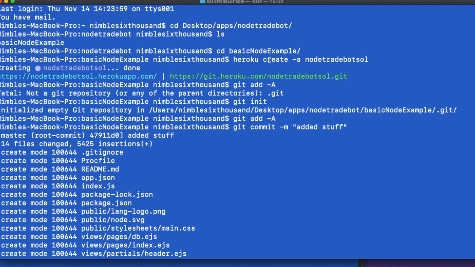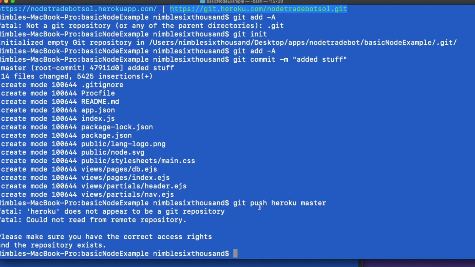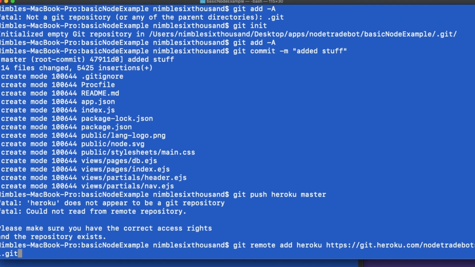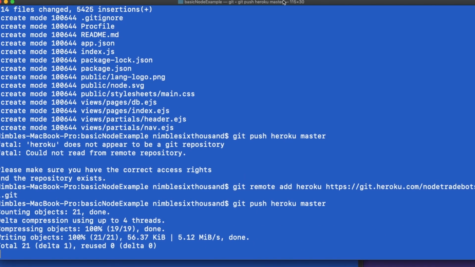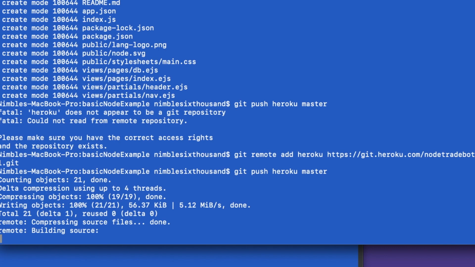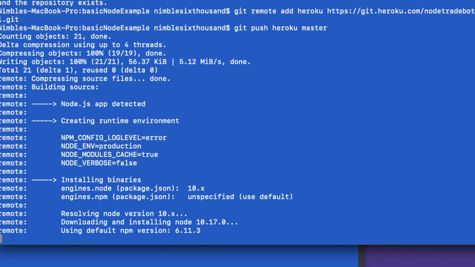There's no Heroku remote, and in that case, you just copy this URL here that they gave you when you created it, and you say git remote add heroku. You give it a name. I call mine heroku because it's on Heroku. And then I paste that in, and then git push heroku master. And that magic ingredient will actually then deploy this to the free application that you just generated.